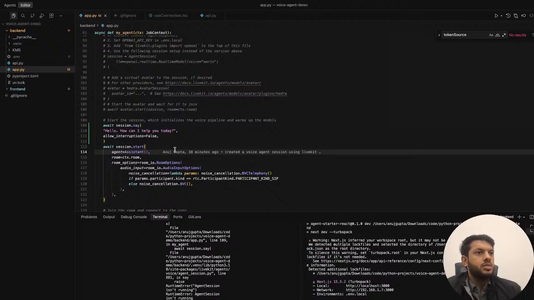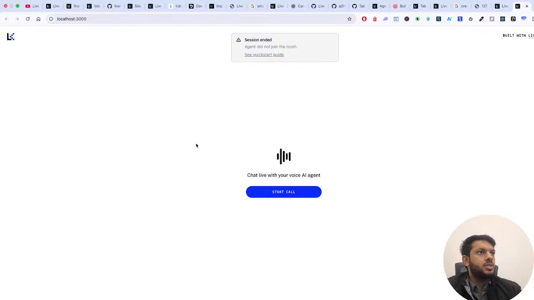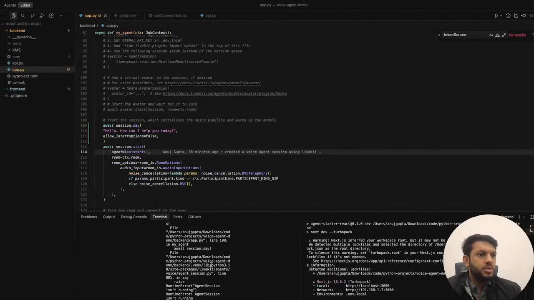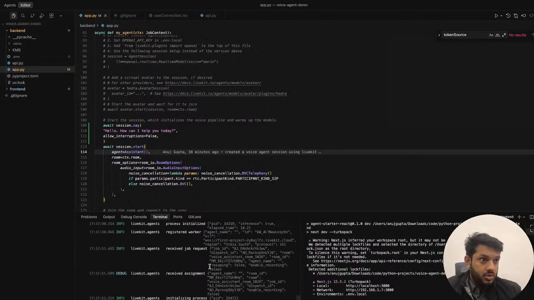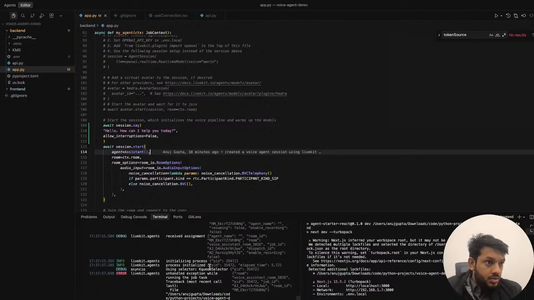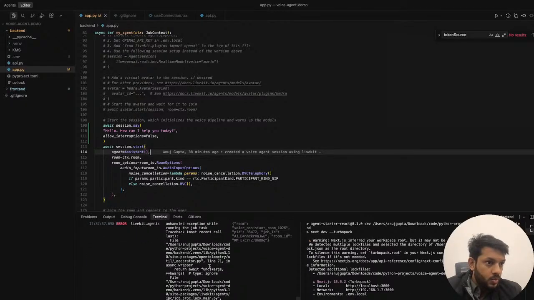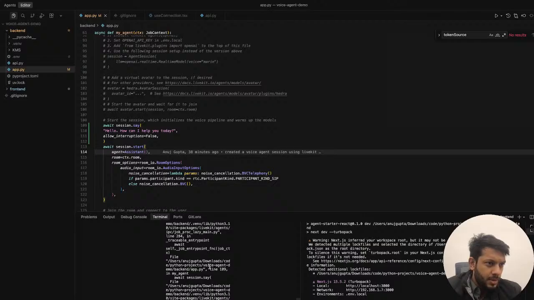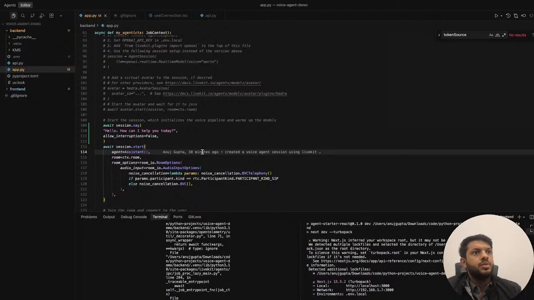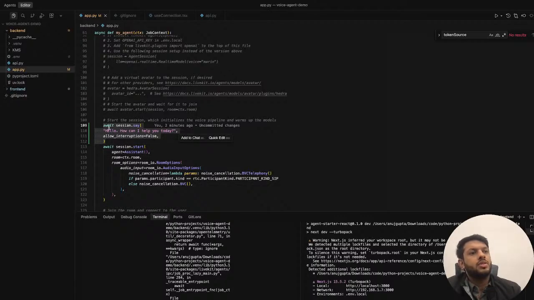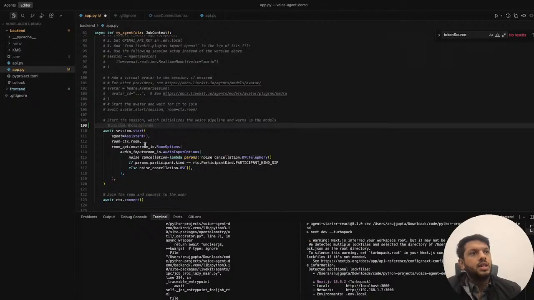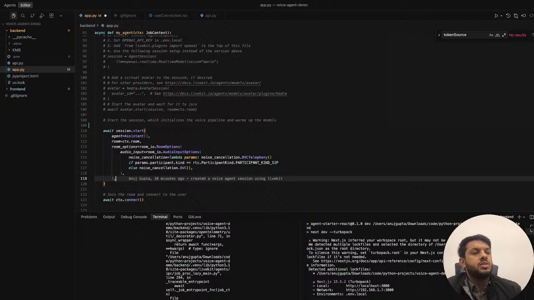Okay, that is a bit interesting. Agent did not join the room. Okay, let me just see. Okay, we got an error. Basically it's saying the session is not running, so we need to do this once our session is running. So we have agent, room options. How do we just do this? Do we get an event when they